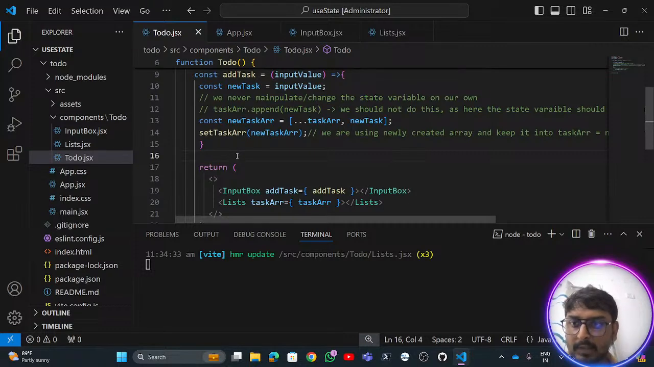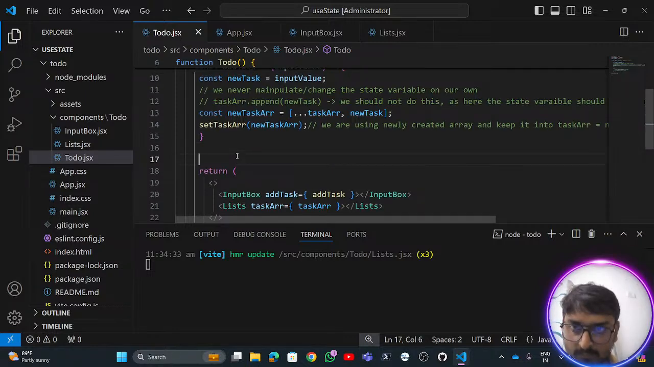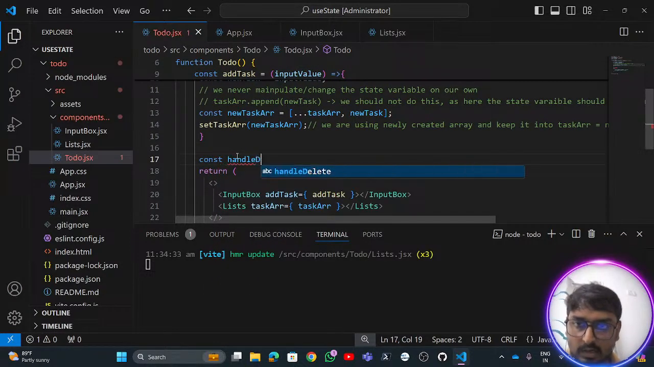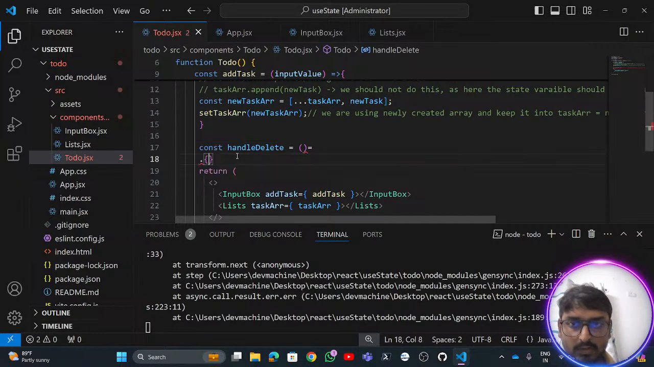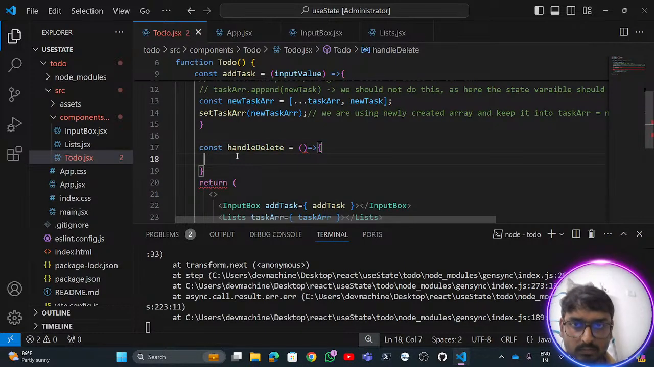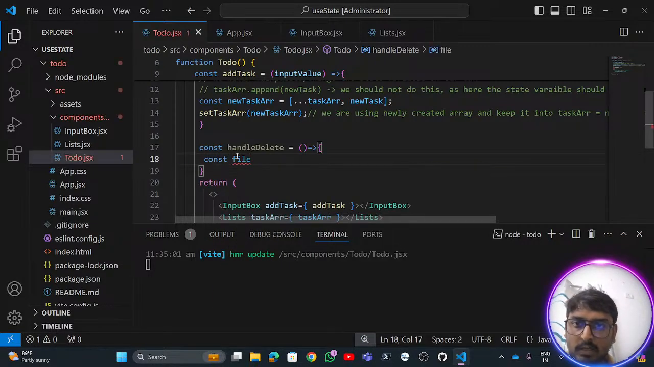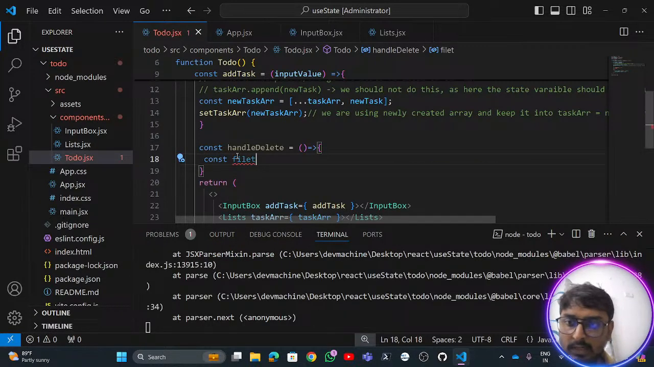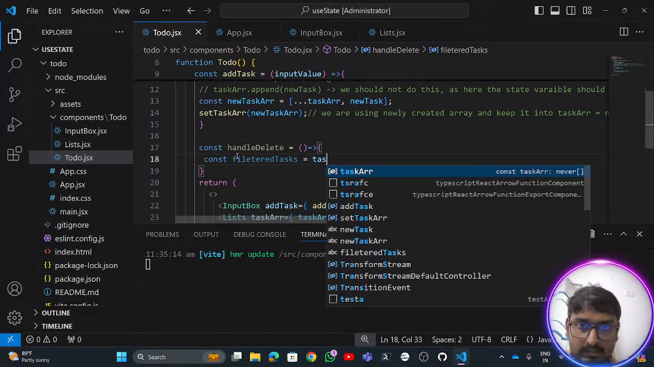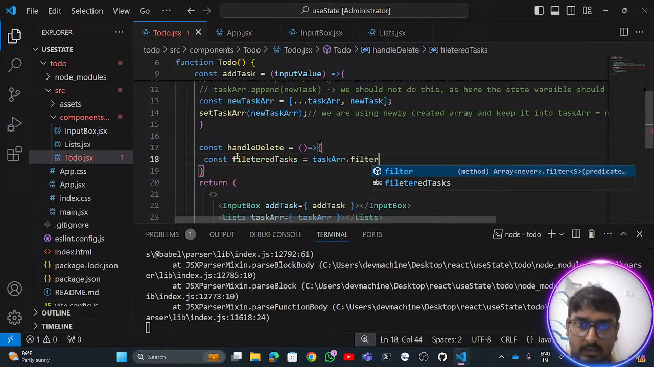Similarly, I'll create this handleDelete as a prop inside this todo element. So I'll say const handleDelete. I'll create a very small function. Let's say const filteredTask, a filtered array, or filtered task. I'll say tasks array dot filter,